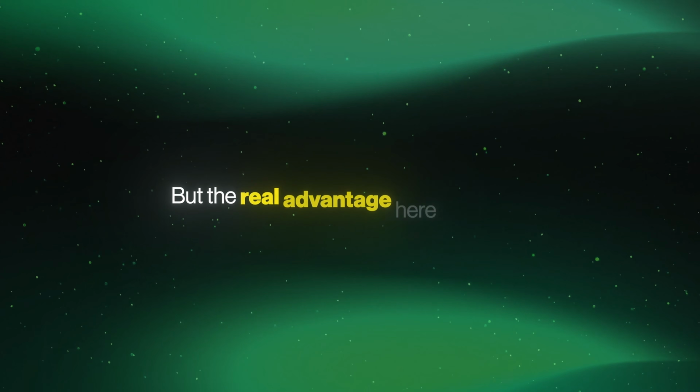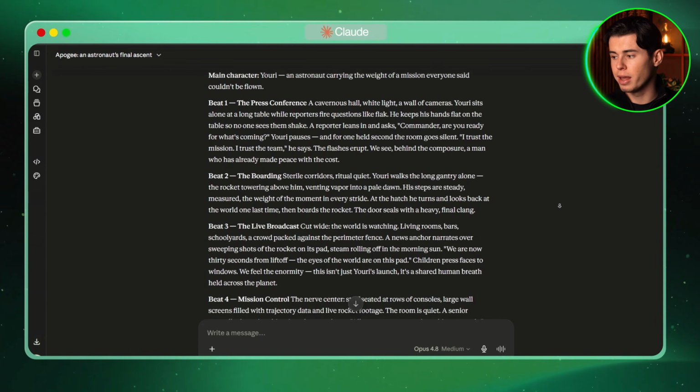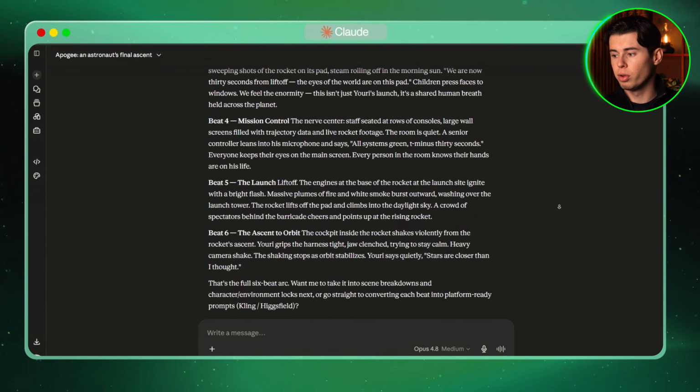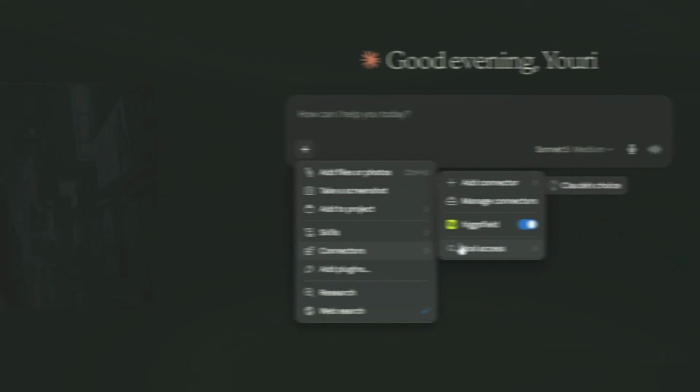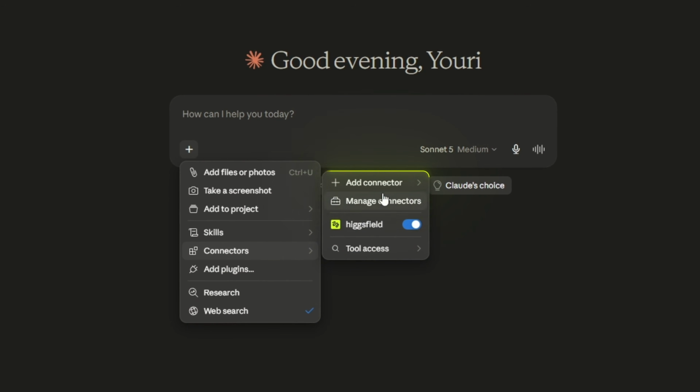It actually works a lot like the supercomputer, but the real advantage here is context, because if you've spent a whole conversation in Claude planning your video and writing your prompts, you can run all of it from that same chat without ever switching tools. And that's basically all of Higgsfield, from making a single image all the way to running the whole platform from inside Claude. So if you want to use it yourself and replace your entire creative suite with just one tool,